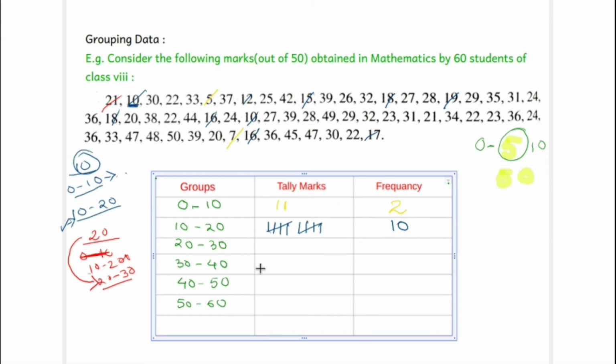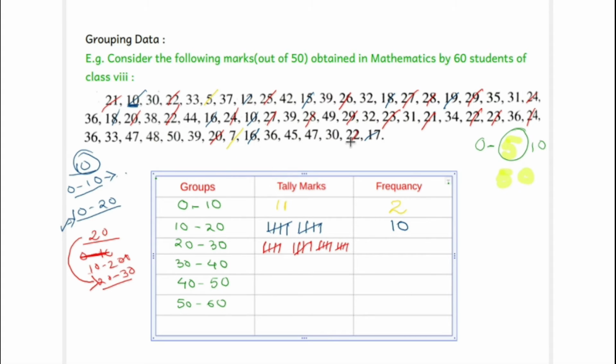Okay, so 21, then 22, 25, 3, 4, 5, 6, 7, 8, 9, 10, 11, 12, 13, 14, 15, 16, 17, 18, 19, 20,